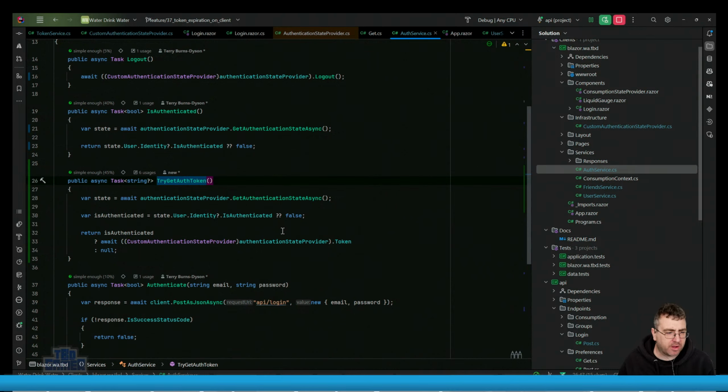Otherwise, I've just called get authentication state. So, I mean,